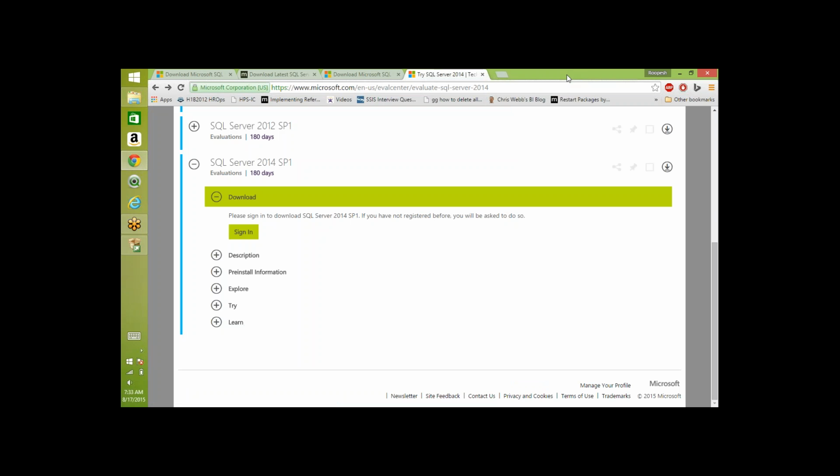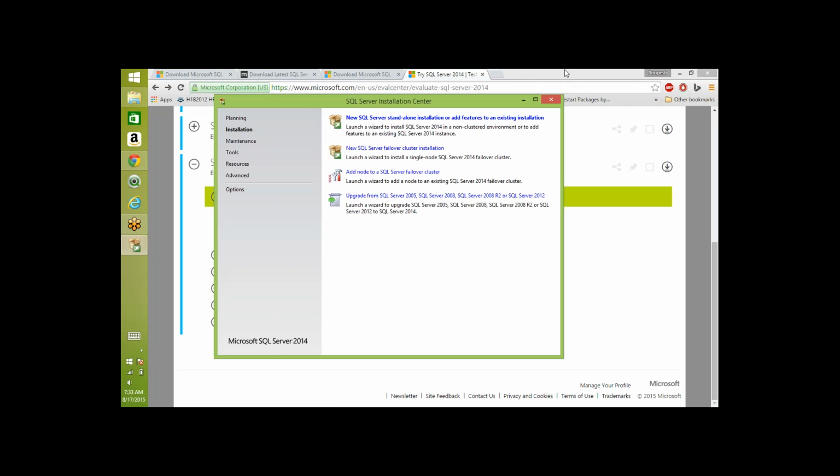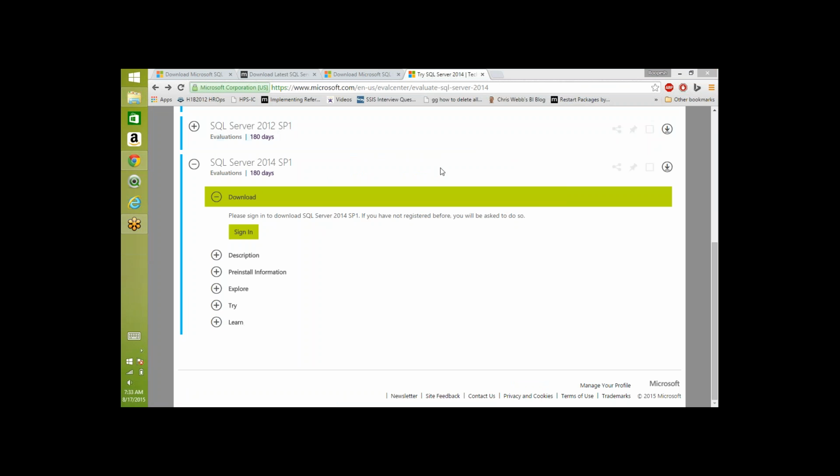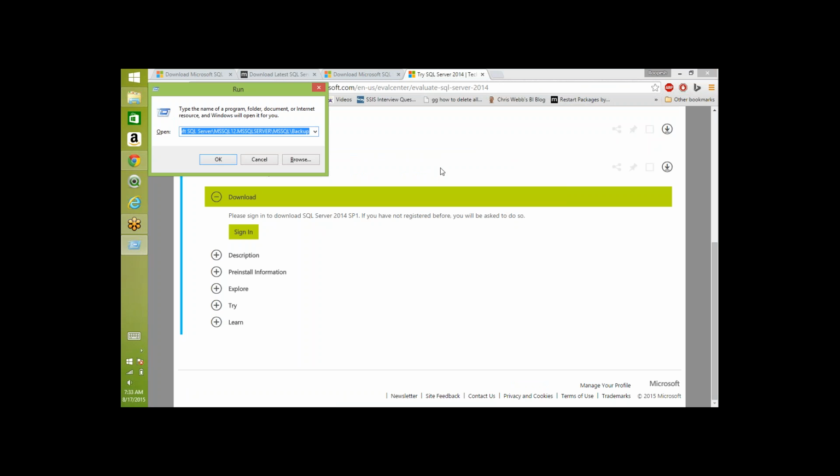Okay, let me close this page. And how to confirm whether the software is installed properly or not, or what tools you have, like whether you have Analysis Services installed or not, Reporting Services installed or not, Integration Services installed or not, SQL Server installed or not. So for that, the easiest way is to go to